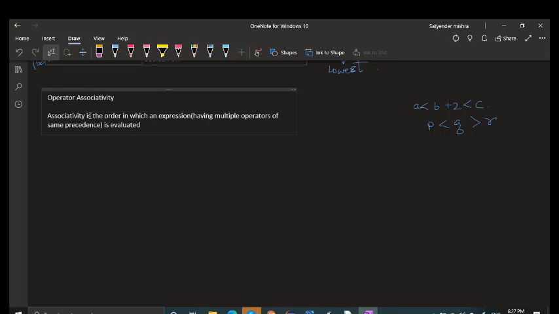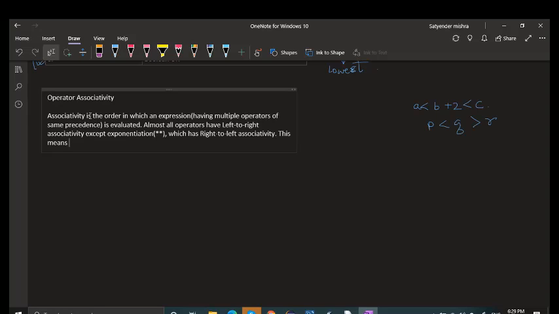Almost all operators are left to right associative; exponentiation has right to left associativity.